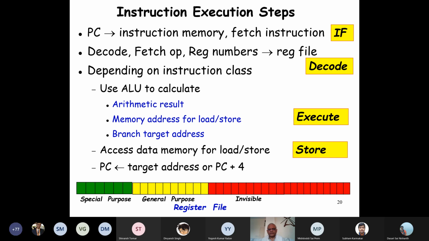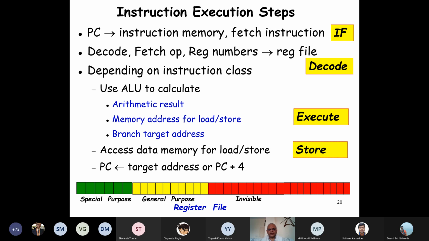Yes, sir. So you agree with me that all instructions will have these 4 phases: instruction fetch, decode, execute, and store. Do you agree with me? Yes. But then, do you really need to store in the data memory for all instructions? No, sir, not all instructions. Like load and store. So that means you are not agreeing with me, because some instructions don't use the data memory to load and store, right? Okay.